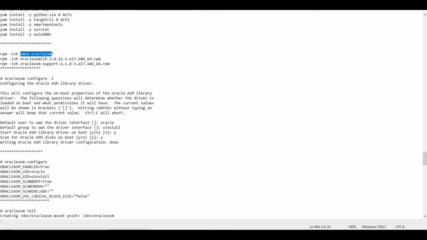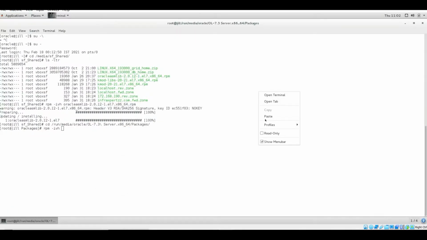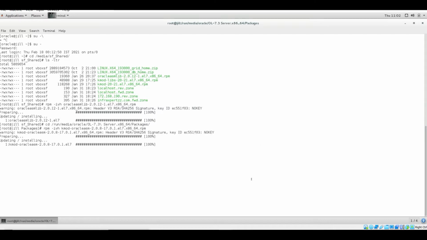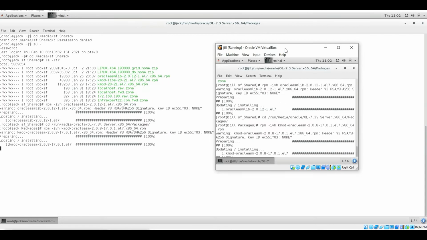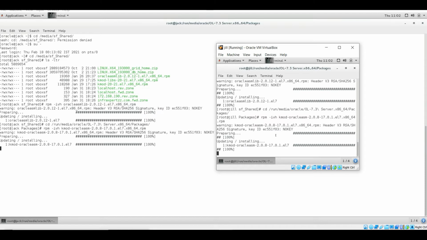kmod-oracleasm, let me install this. So this is installing over Node 2 also. I will just minimize this one so that I can see whether these are getting installed or not. I'll pause the video until this is installed. So we have our kmod-oracleasm RPM installed in Node 1.